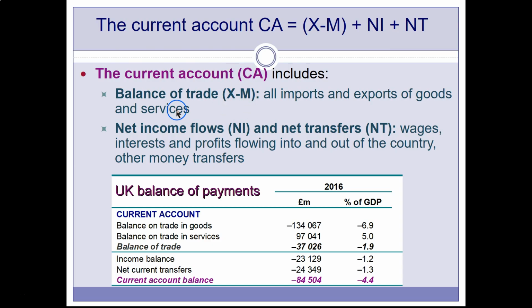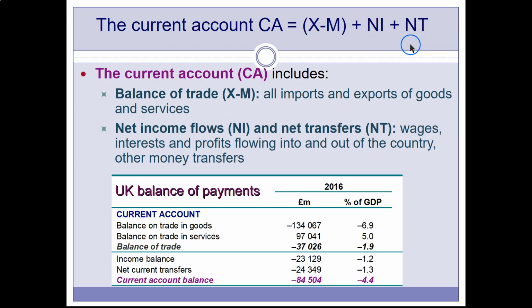to each other. This is not exactly the case, because the current account will not only include the balance of trade, in other words, the difference between our exports and imports. If you remember, this was one of the components in our aggregate demand. Apart from this, the current account will also record transactions which are related to net income flows and net transfers